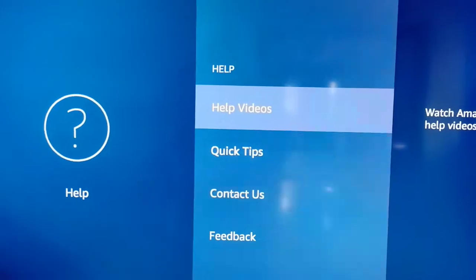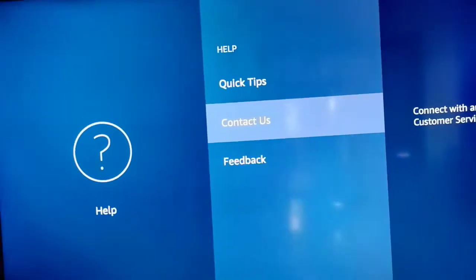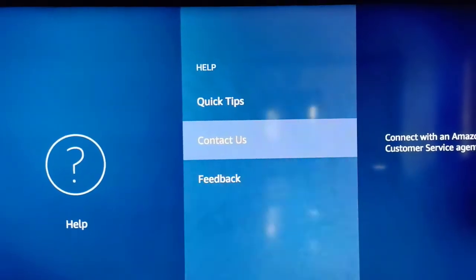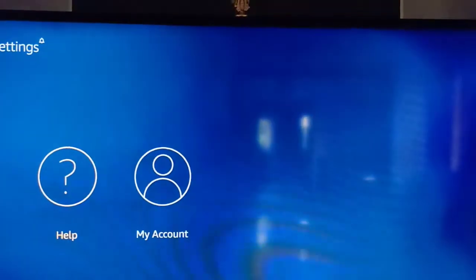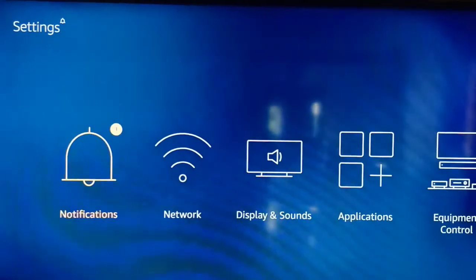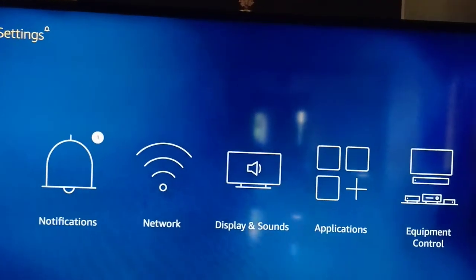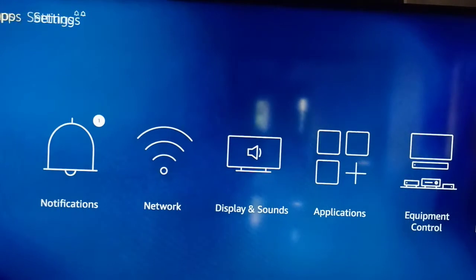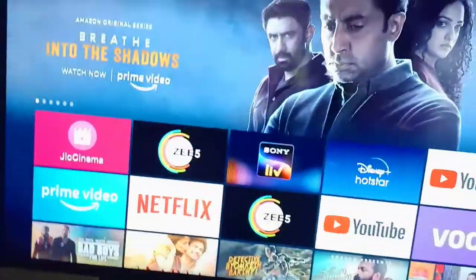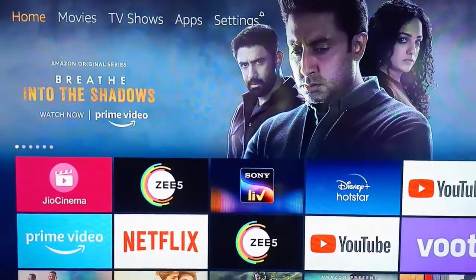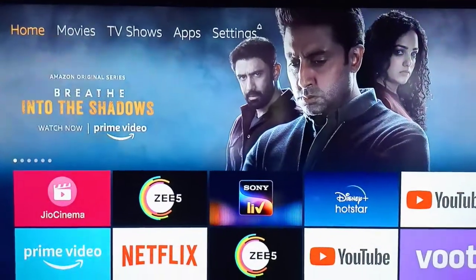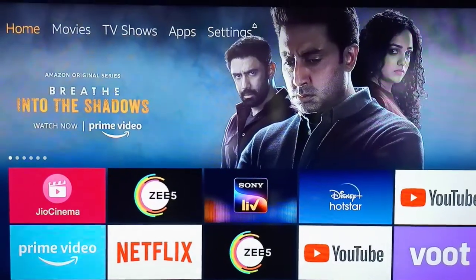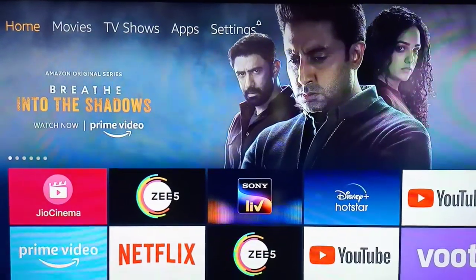In help, if you have any problem or impediment, then you can click on contact us or watch any videos. You can also directly search on your mobile and then see the YouTube video of how they have solved it, or watch mine. I have shown a special video on how to turn subtitles on and off and change the subtitles from English to Tamil or Tamil to Hindi. So you can watch my other video for that.